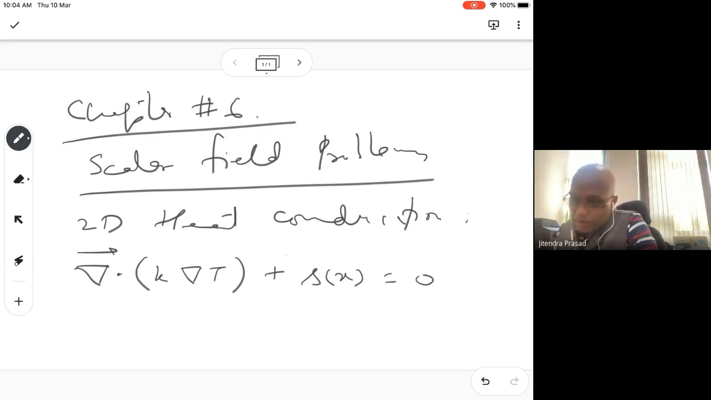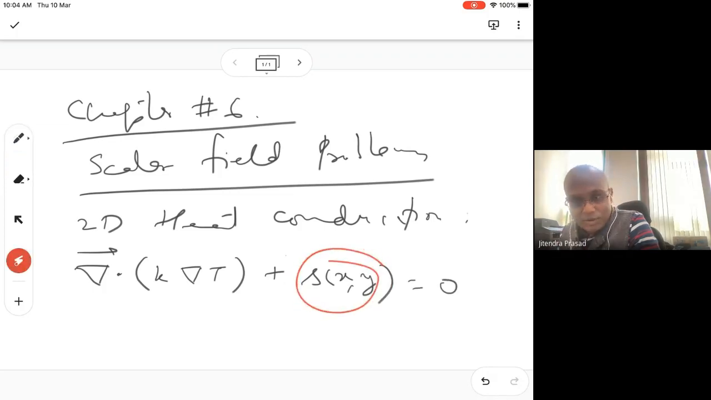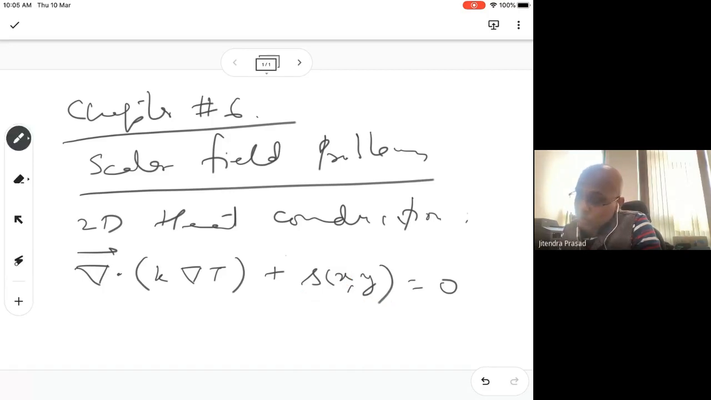Now, it's not just S; it should be a function of x and y both, so it can vary. Yesterday I must have written just x, but it should be a function of both x and y. So this is about 2D heat